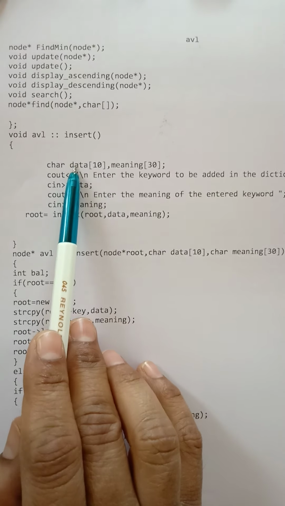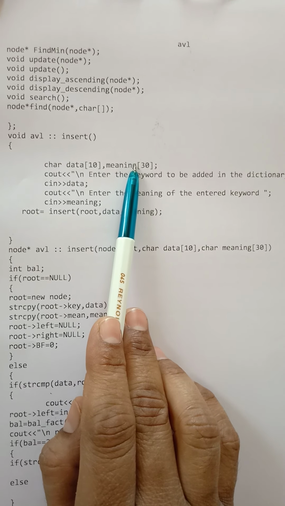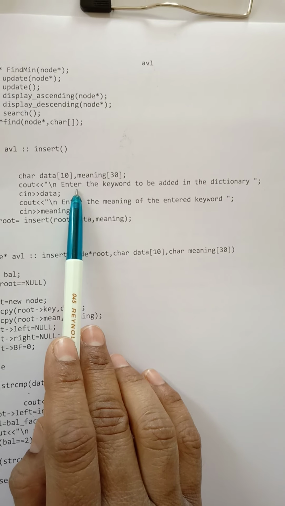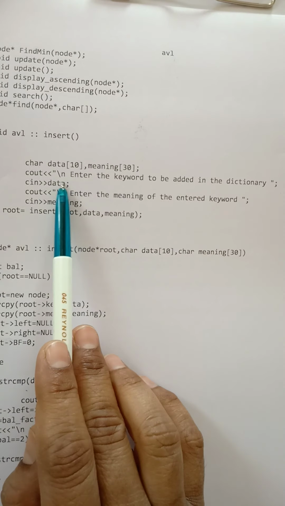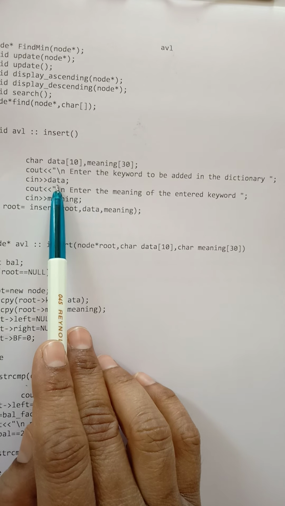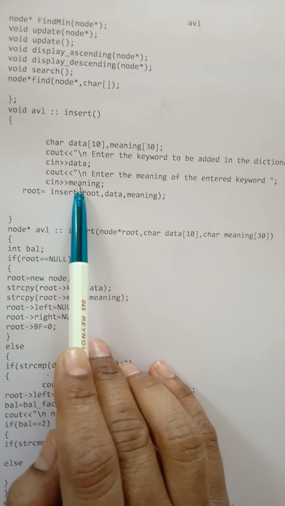In the insert function, see, two arrays are used, the data array and the meaning array. First of all, ask the user to enter the keyword to be added in the dictionary. That keyword will be stored in the array data and its meaning will be stored in the array meaning.